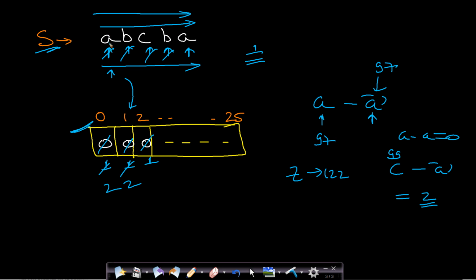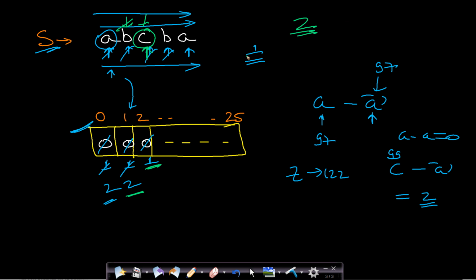So what is the count of this A? The count of A is equal to 2. So you will not return it because this is a repeating character. Now you move to this B. When you are at B, you check the frequency, it is 2. So this is also not unique. When you move to C, you can see that its frequency is 1. This means that this C has occurred only once in this entire string. So this is the first unique character you found. So you will return its index, which is equal to 2.